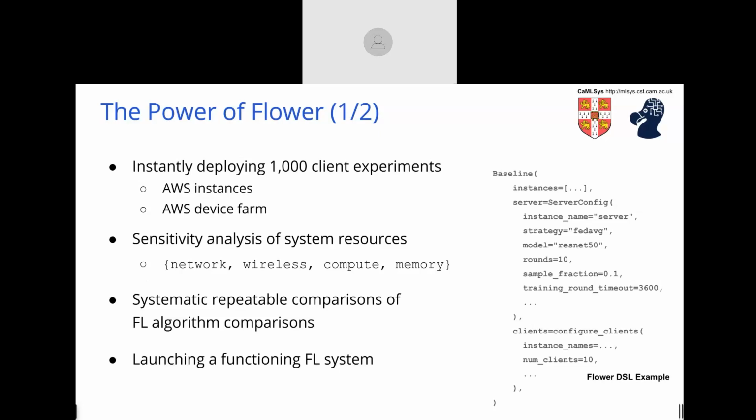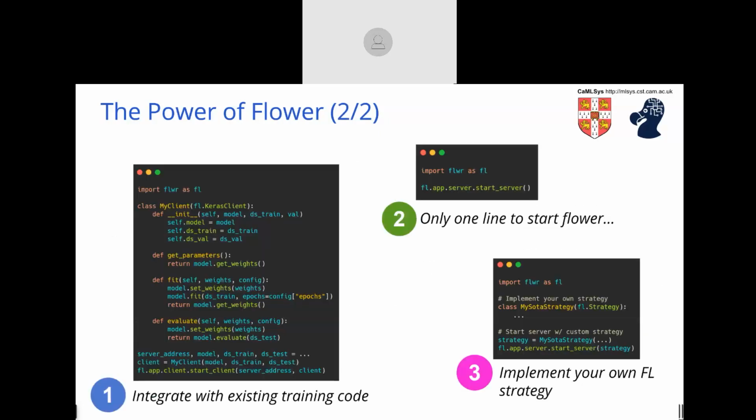And on the right-hand side, you'll see the configuration scripts that are used to configure the system if you just want to get up and running very quickly. So for example, you can point to a model like ResNet 50, which would be backed by some training scripts you've written. You can indicate how many different clients, say number_clients is 10, and it'll solve everything for you. And we like to say that, within one line of code, you can get your federated learning system up and running. And we think this would be a big driver in terms of doing research, because it's one of those areas where